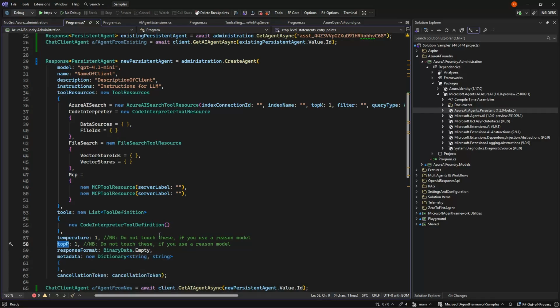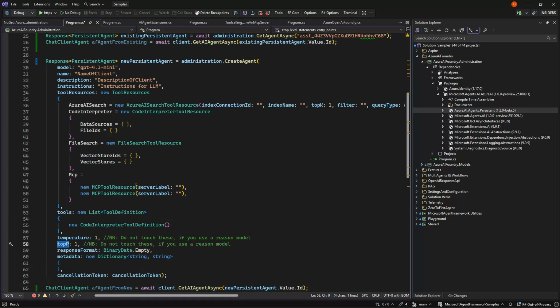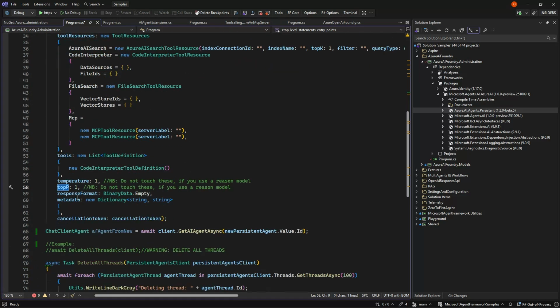But you can, for example, set a reasoning effort that you would need to do from the agent themselves. Then there's things like response format and extra metadata that you could put up, which I haven't really seen a need for, especially when we have the agent framework.